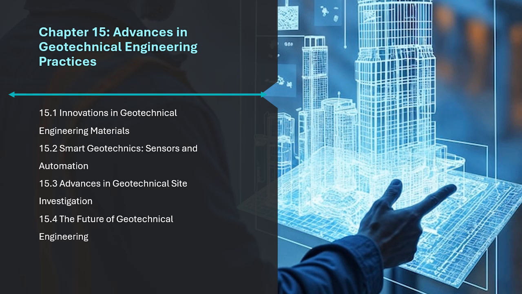Plant-based reinforcements. The use of plant-based fibers, such as jute, coir, and bamboo, is an emerging trend in soil reinforcement. These fibers are biodegradable, sustainable, and capable of providing significant strength and erosion control in slope stabilization and embankment applications. 15.1.6 Smart and adaptive materials. Advances in smart materials are enabling geotechnical engineers to develop structures that can respond to changes in environmental conditions, loadings,